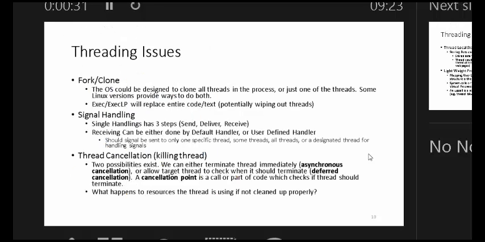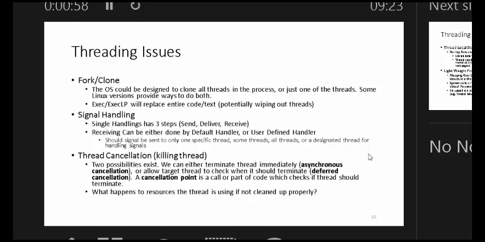Okay, so we are going to look at some of the design issues, things that people who implement threads or use threads have to deal with. So the first one you have to ask yourself, if you are using a thread library and fork happens, is my fork going to clone everything I have, including the threads, or is it just going to clone one of them? As far as Linux is concerned, depending on the flavor, there will be multiple versions of fork.